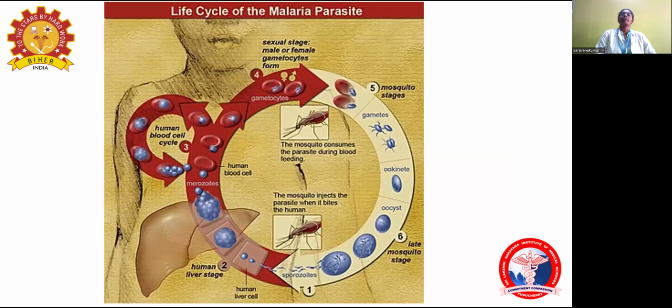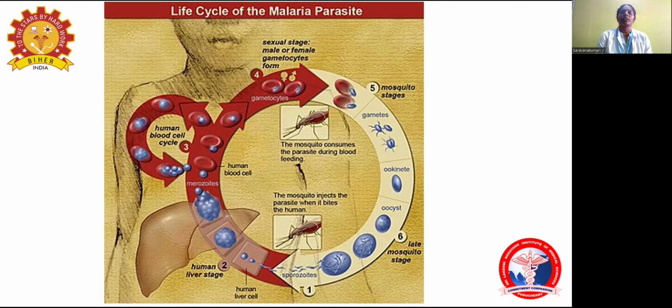So we are ending with the life cycle of the malarial parasite. The life cycle of the malarial parasite has sexual and asexual reproduction. Asexual reproduction occurs in the human. Humans are the intermediate host. Sexual reproduction occurs in the mosquitoes. In the asexual reproduction, the human